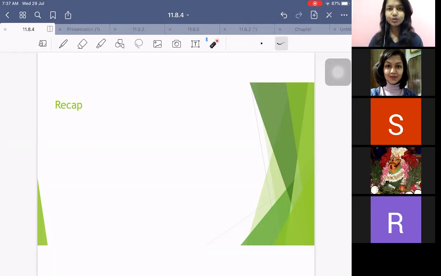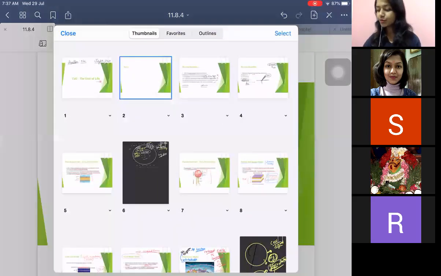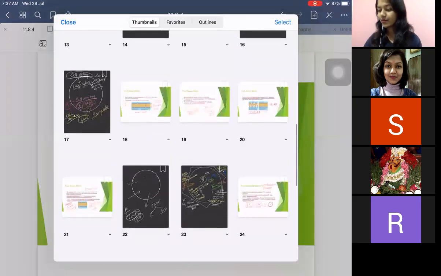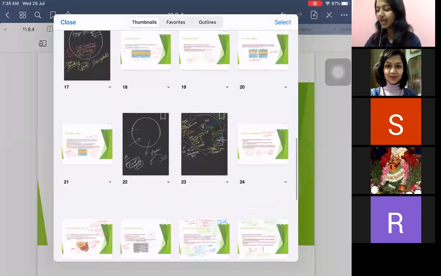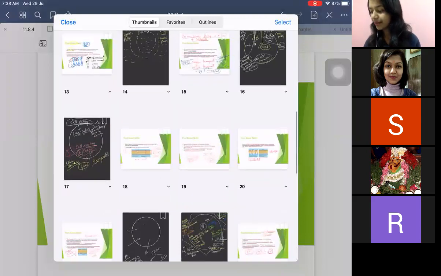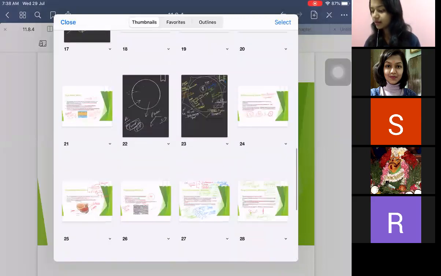Then we switched to eukaryote. In eukaryote, what did we learn? Again, we started from the outermost covering. We took plant cell and learned about cell wall, then cell membrane. And now we are learning about the endomembrane system. In the endomembrane system, up to now, we had discussed endoplasmic reticulum and Golgi body or Golgi apparatus. Remember, right?